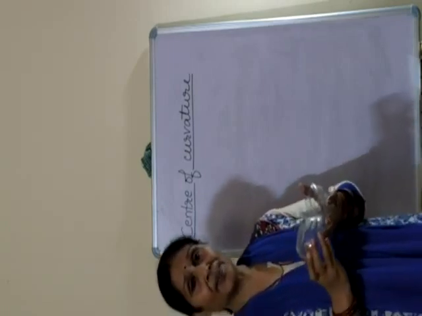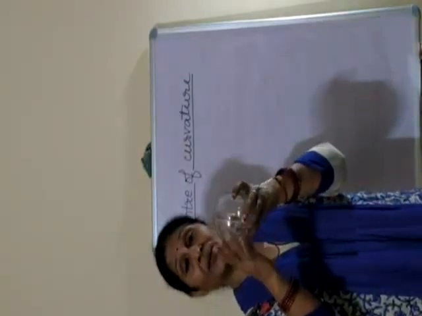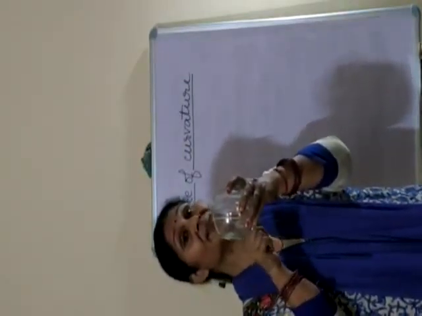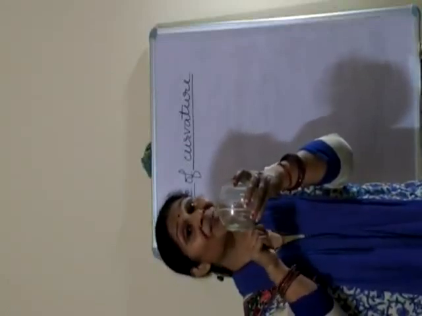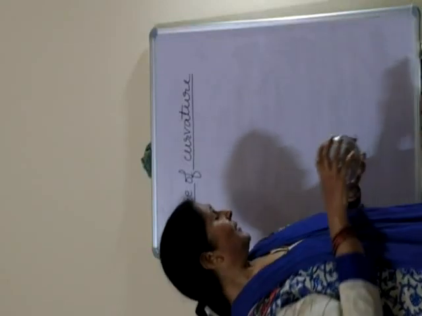Suppose that this is the sphere and the mirror is part of this sphere, then the center of this sphere is the center of curvature of this mirror. Understand? Then you can write here